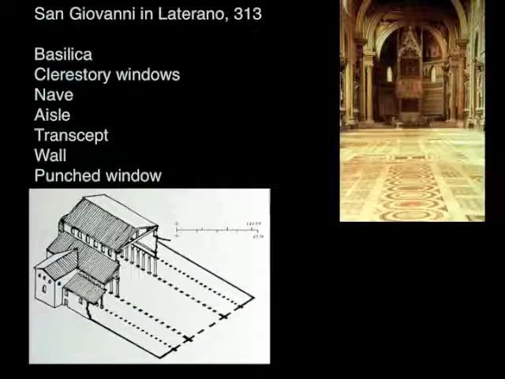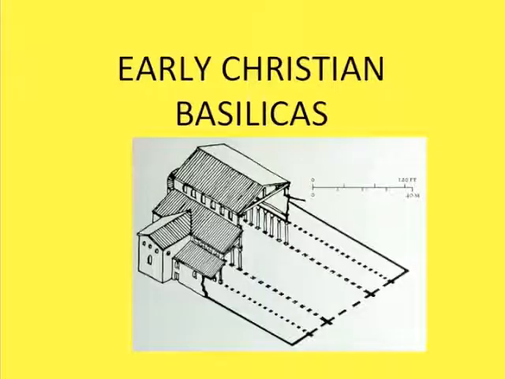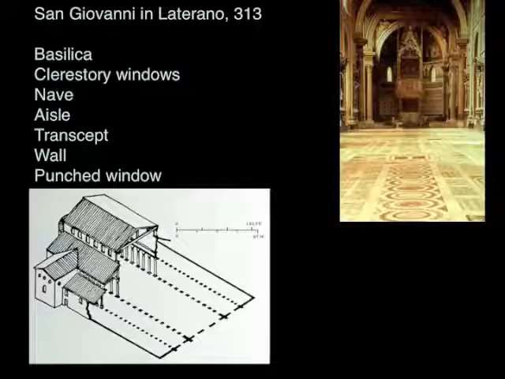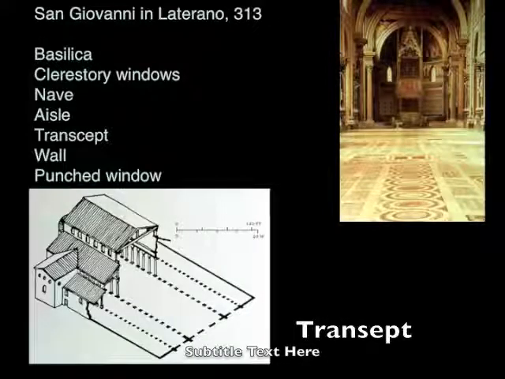And it really does more or less deploy the type of Roman basilica. We see two aisles flanking either side, and we see a large nave. We see also something that we hadn't seen in the Roman basilicas, and that is this element that crosses perpendicular to the direction of the main nave, and that's called the transept. And the effect of putting the transept, this perpendicular element, across the nave is to change this linear type into a cruciform type. And that's kind of fabulous also, because the very plan of the church becomes a symbol of the church.